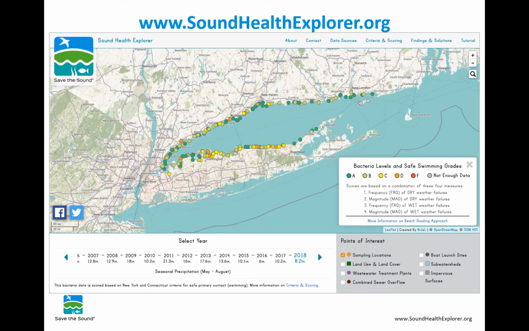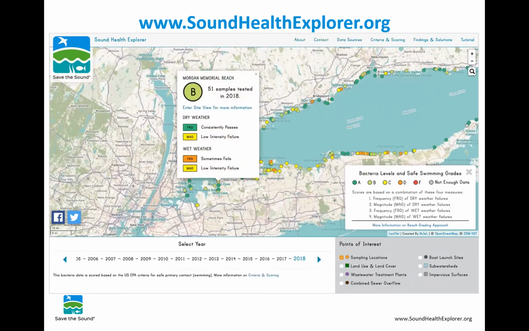So what we see here again is the Sound Health Explorer tool, which I mentioned earlier. If you click on any of these grades, you'll get a pop-up window that shows you the grade for that year. So you can click year by year by year, going all the way back to 2004. For each year, you get an overall grade, and then you see the component elements. So how this location